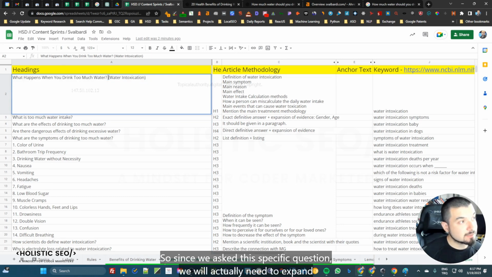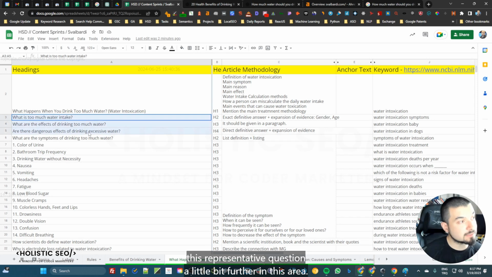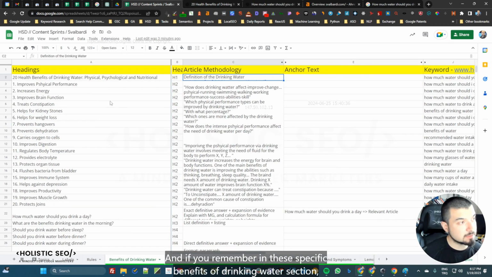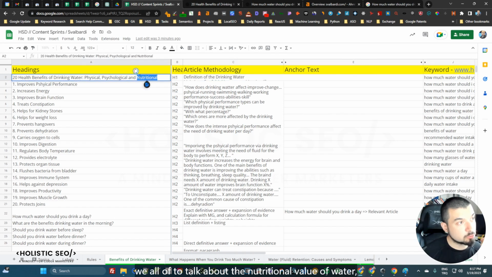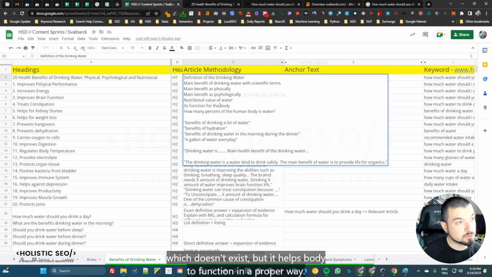So since we asked this specific question, we will need to expand this representative question a little bit further in this area. That's why we ask, what is too much water intake? And if you remember, in this specific benefits of drinking water section, we already talk about the nutritional value of water, which doesn't exist, but it helps the body to function in a proper way.